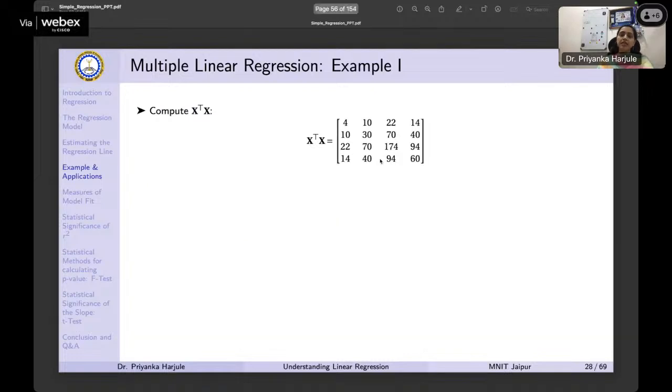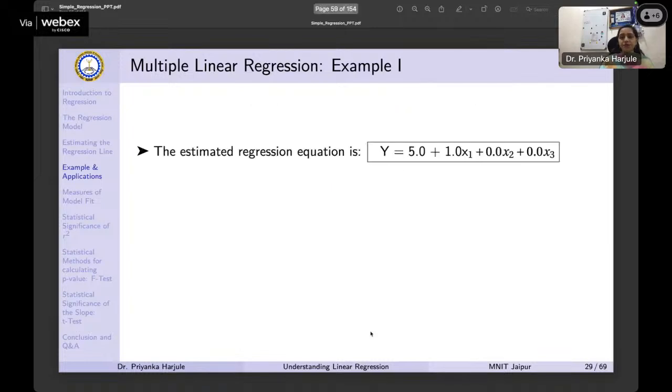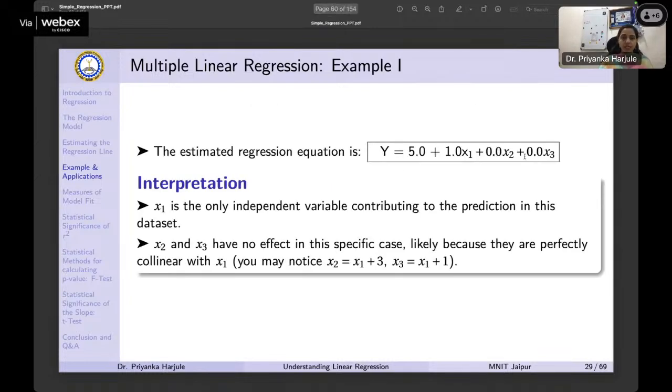You can already see in the x matrix that your x2 and x3 are very well dependent on x1. So you can get your x2 by simply adding 3 to all the values of x1. So basically x2 is x1 plus x3. And similarly, you can get x3 is equal to x1 plus 1. So they're not following the multicollinearity rule. They are quite collinear. So that is why their contribution is also not there. So x1 is the only independent variable which contributes in the prediction of your